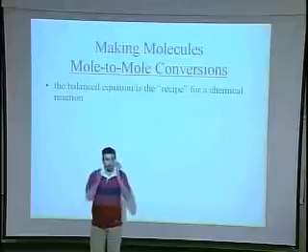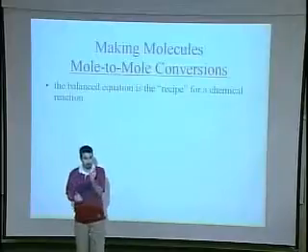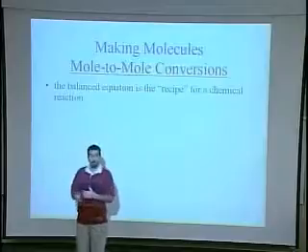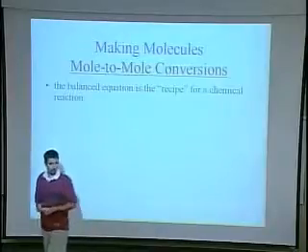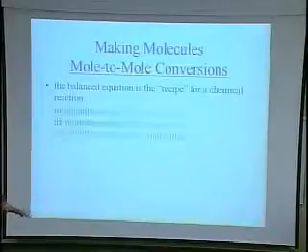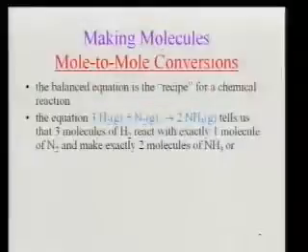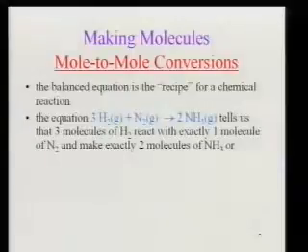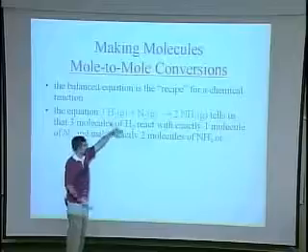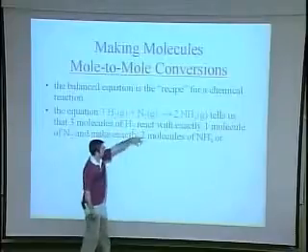So you could use the equation to represent either actual atoms and actual molecules or moles of atoms and molecules, either one. So if you have nitrogen reacting with hydrogen to give you ammonia gas, it tells us that there are 3 molecules of hydrogen, 3 H2s, that react with 1 molecule of N2 to give us 2